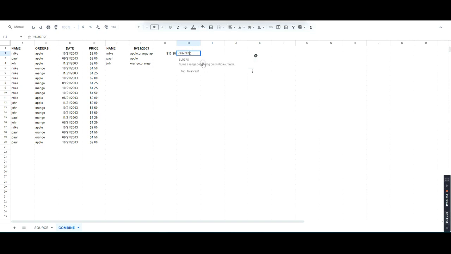But if it's SumIfs, now you will be requested for the sum range first before the criteria, right? So SumIfs will now add this range here, price CD, right? Provided that the first criteria is that column A, well, comma,